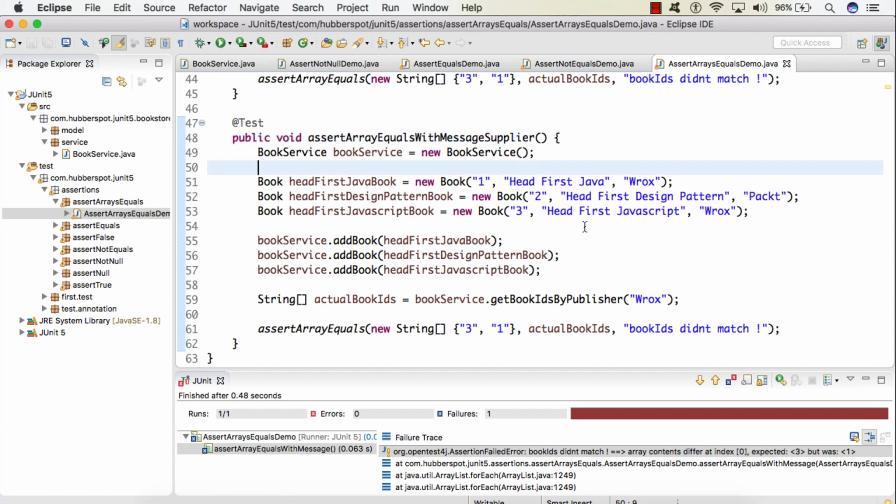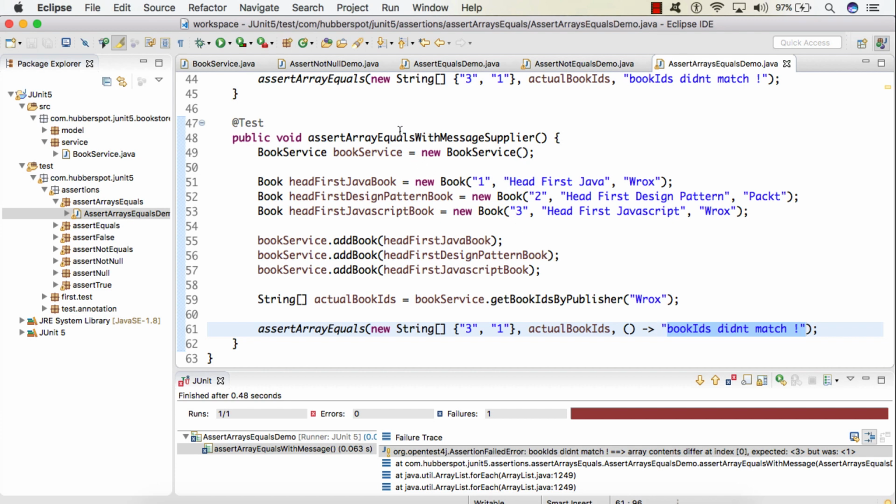The only change we make in our third test case is that instead of passing the string message directly, we will pass it through the Supplier functional interface. The syntax is something like this, a lambda expression which returns a string. The only advantage of using this Supplier functional interface is that this string gets evaluated only when the test case fails.